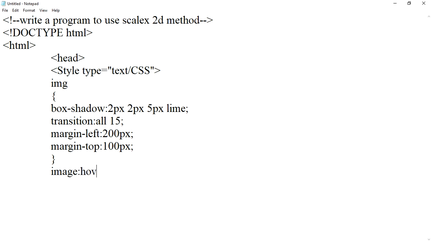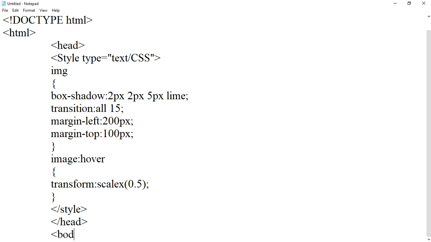image hover, transform, scaleX 0.5. Now we'll end style tag, head tag, and we'll start body tag,